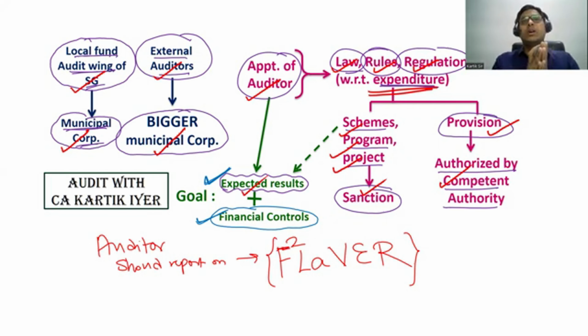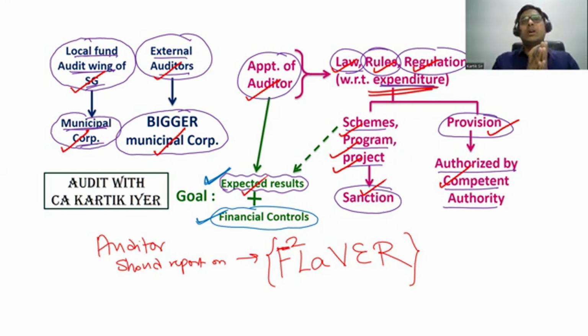Okay. Last में the auditor should report on something which I have called here as flavor. Flavor में क्या आएगा यहाँ पे? Financial statement का presentation. That is 1F. Next आएगा there should be proper financial control. So adherence to financial control should be there. Legal and administrative requirements should be fulfilled. Value addition हुआ है कि नहीं हुआ, ऑडिटर ये चेक करेगा. Errors and frauds should not be there, and resources misuse should not be there.